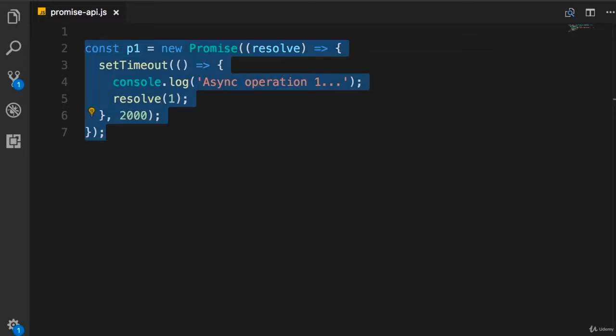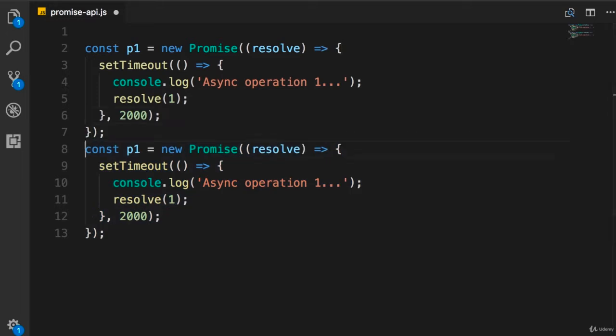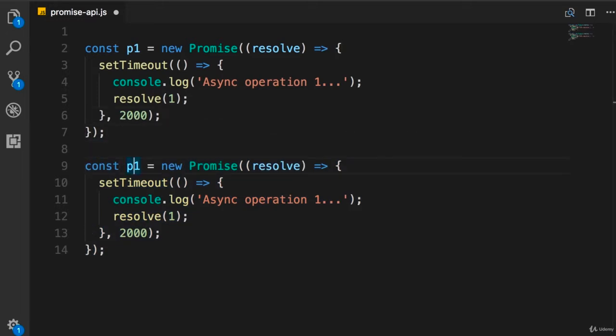Now I'm going to duplicate this code and create another promise. This is going to be our second asynchronous operation, like calling another API, like Twitter API or Instagram. And here we're going to resolve this promise with a different value, like 2. Now, we want to kick off both these asynchronous operations, and when they both complete, we want to do something else after. So we call